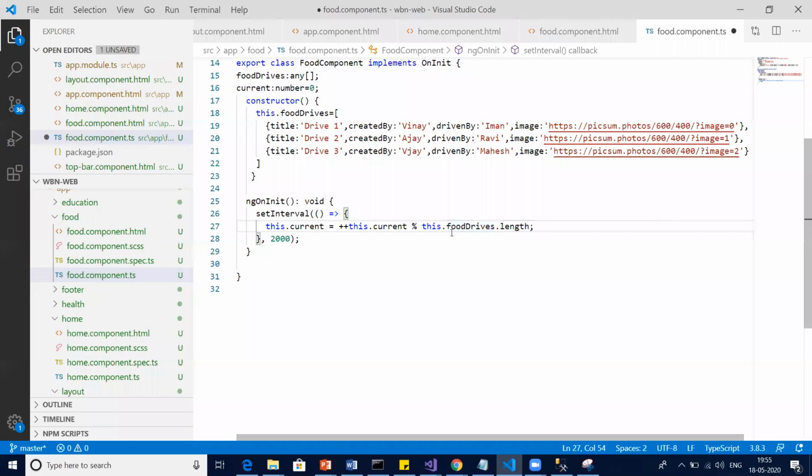So after every 2 seconds, what is going to happen? Your current will get incremented, meaning first the current was 0, then the current will be 1, then 2. That's how it will point to a different image.